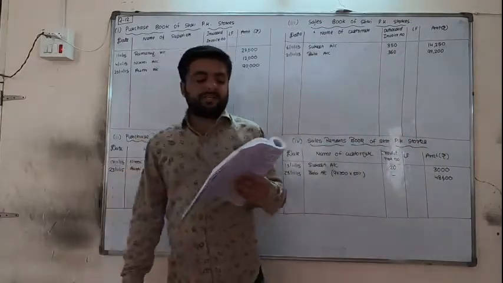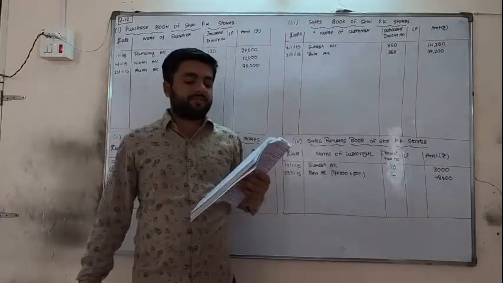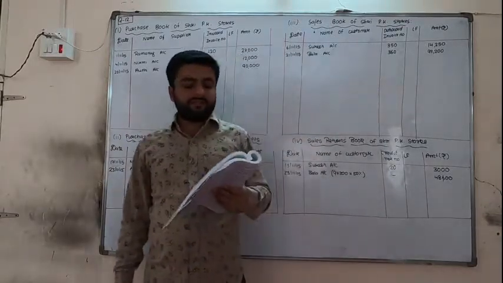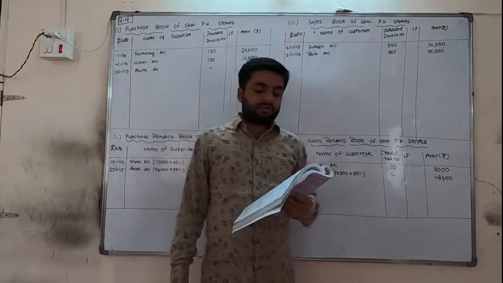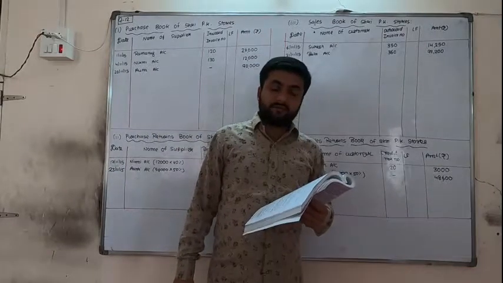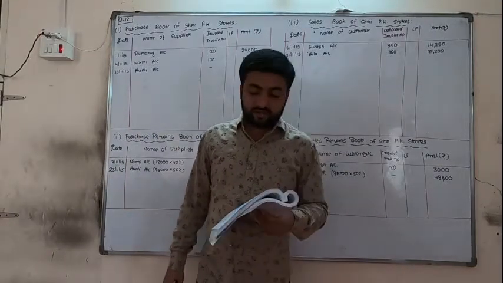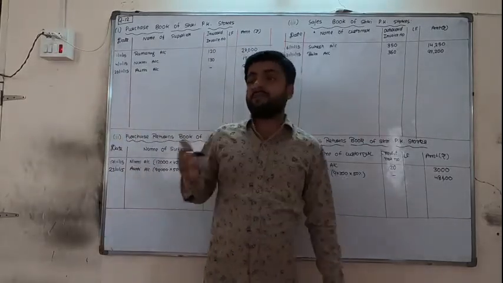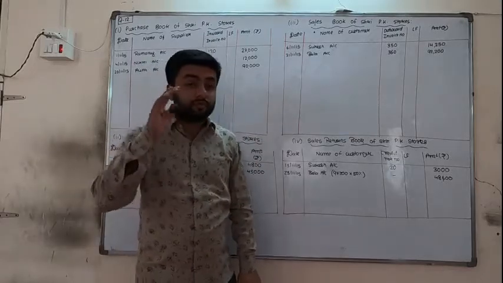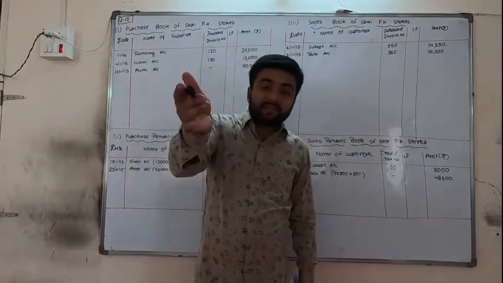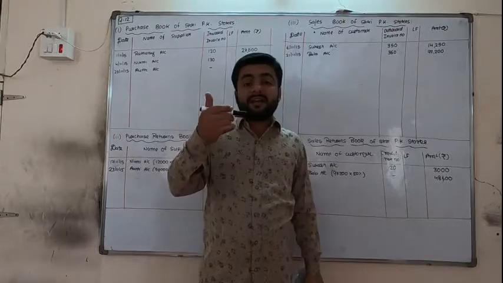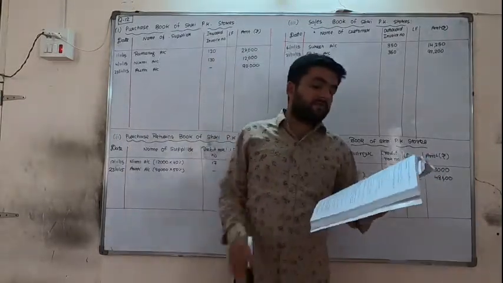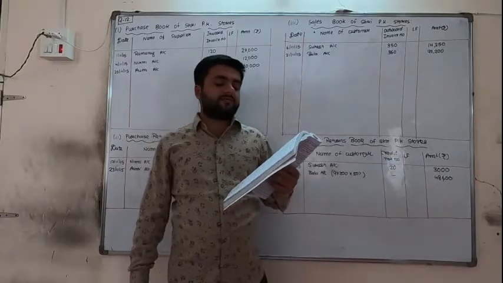24th. Karan placed an order for 30,000 at 10% credit discount for supply of goods. As Karan is giving the order, this is a non-economic transaction. 25th. Goods sent to Karan as per the order. So we are sending the goods to Karan. Okay, Karan is placing an order, so we have to send the goods. So it is sales for us. Because here purchase and sales both are there, so you should know that if we are giving the order, then it is purchase for us. If we are getting the order, it is sales for us. So we are sending the goods to Karan, so it is sales.